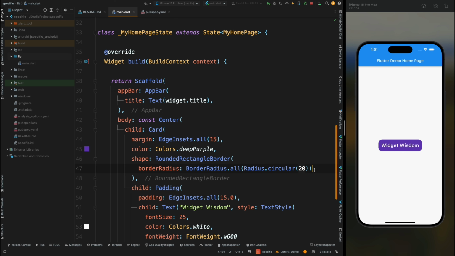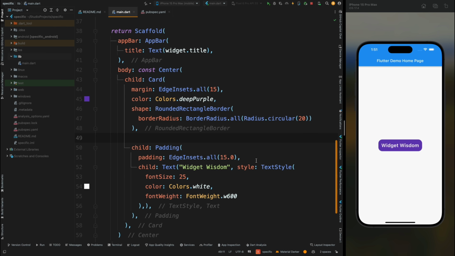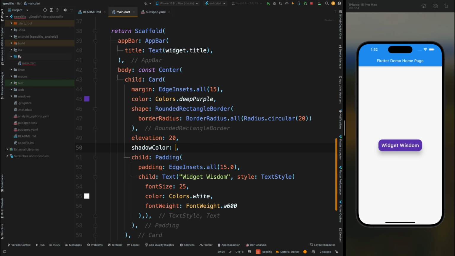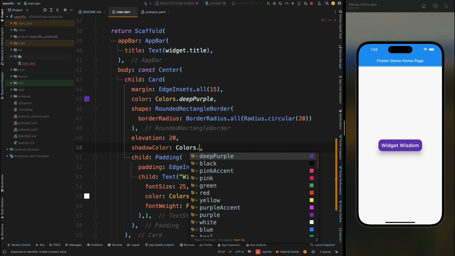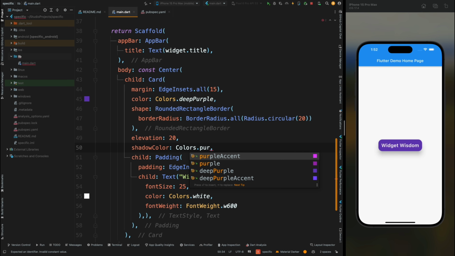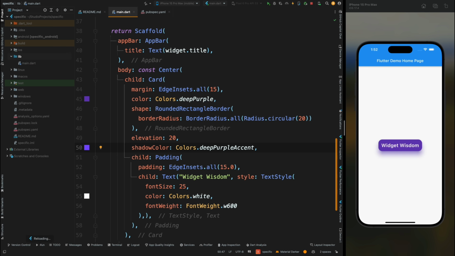Now you can also give the shadow by using the elevation property. By default it is assigned to 4, but let's make it 10. Now you can see the shadow has appeared, but it is still too low. So let's increase this to 20, now you can see we have this shadow now. You can also add the color of shadow, so for that make use of the shadow color property and assign it a color. Then if you save the code,